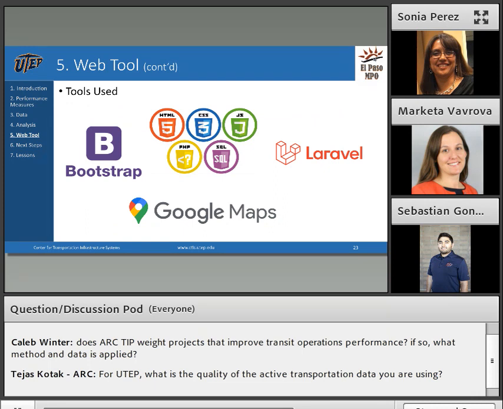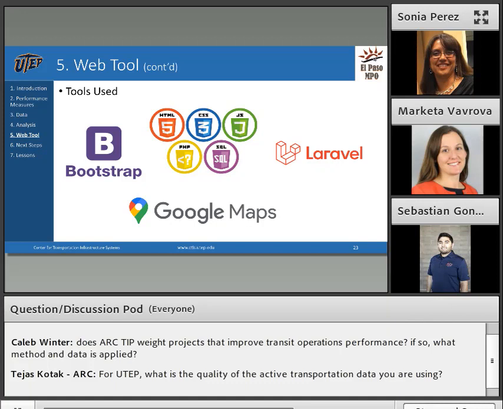So now I'm going to talk about what the web tool uses, and this is a combination of several tools. I want to start talking about Google Maps. So everything is laid out on Google Maps, and we use a special key that we have at UTEP to use Google Maps and use their library to help us display information.